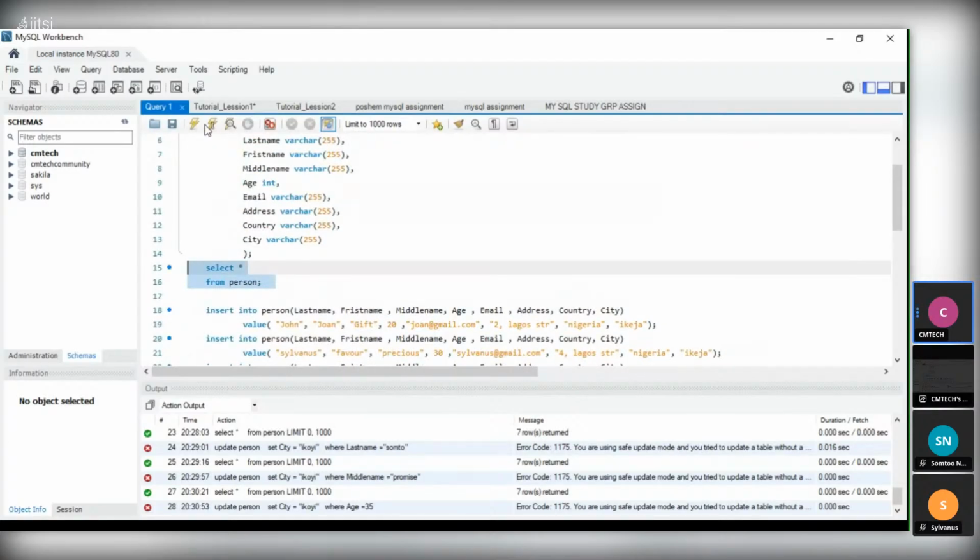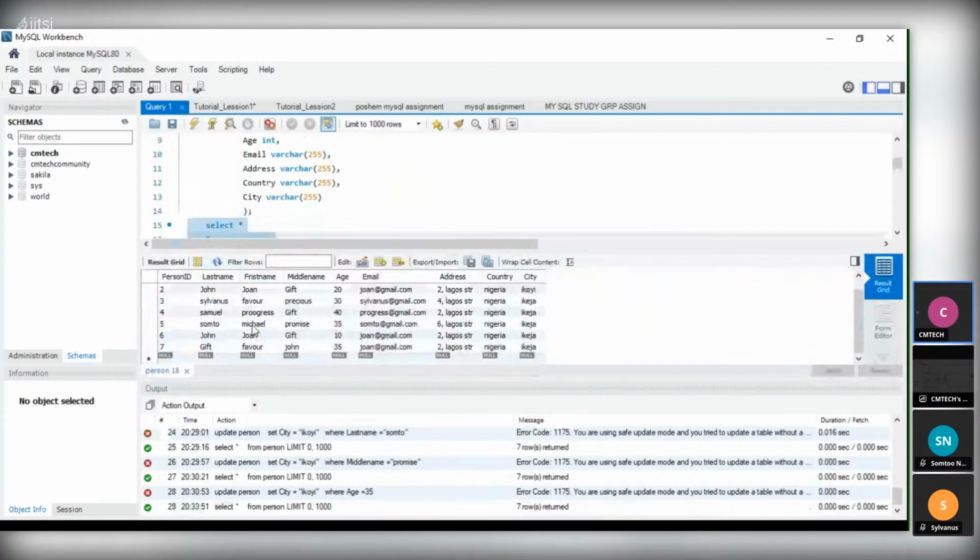Now let's see how we can delete a column. We use the delete statement to delete an existing record in a table.